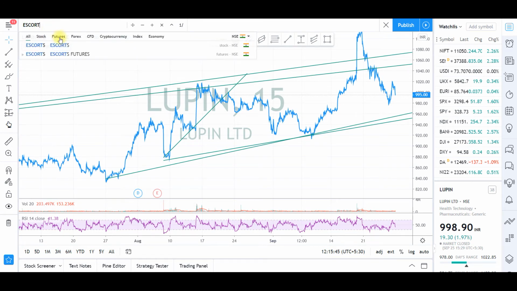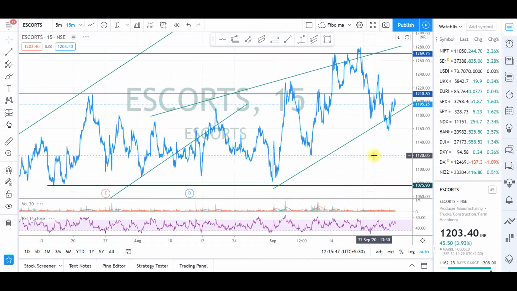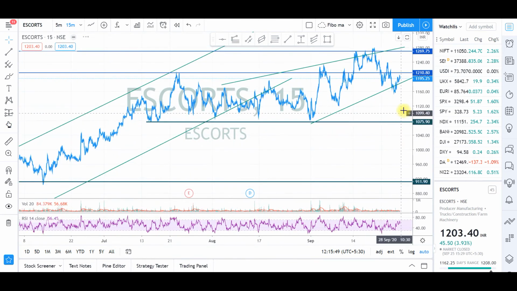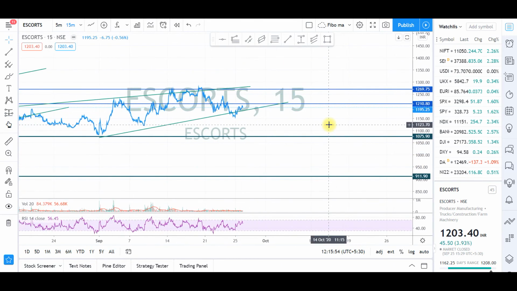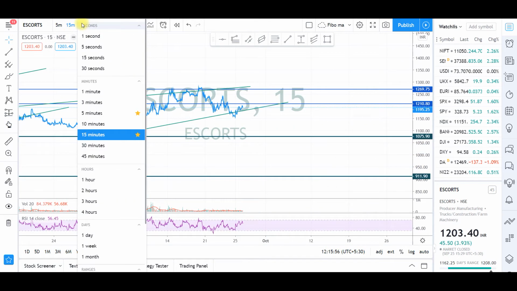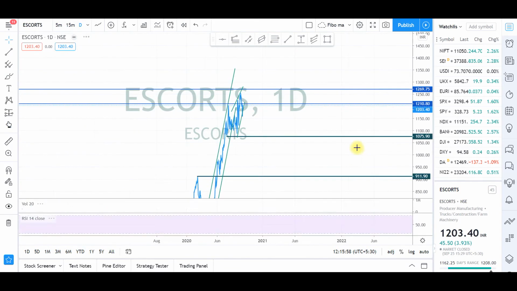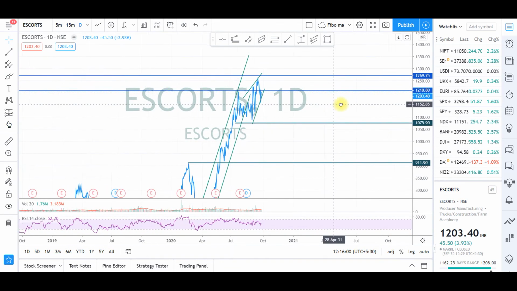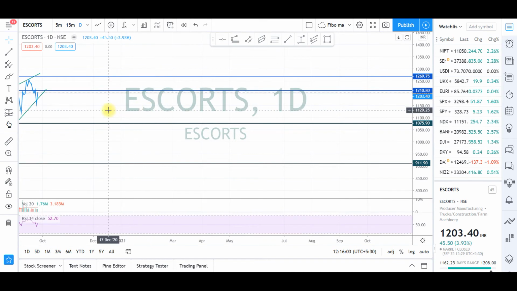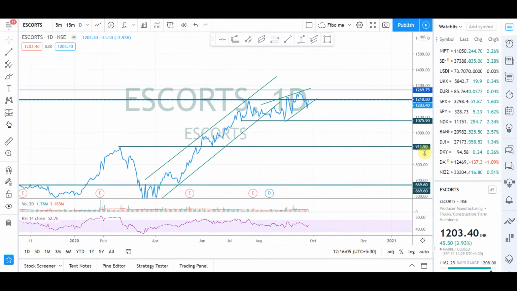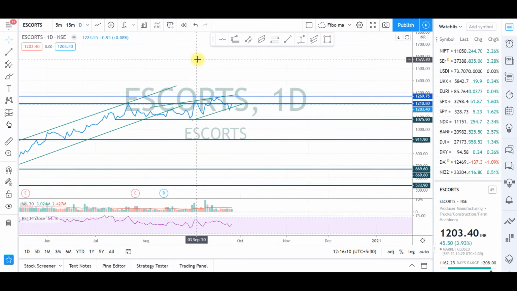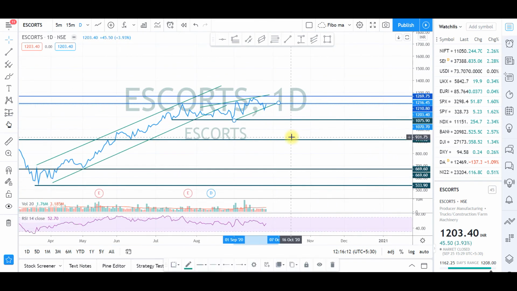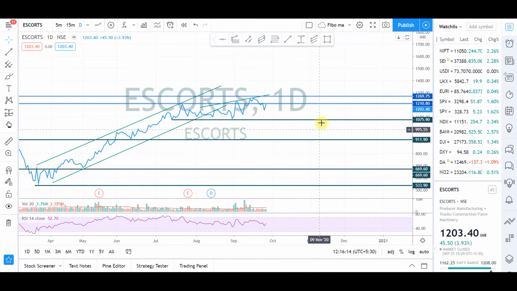You need to practice this, because it's not easy to just go there and put these things. Now you see this one part of it. First, what I'm doing is going on a 1 day chart, so that I have better clarity on what exactly is the thing on a longer term. Now here you see, this trend line is not valid here. We would put a trend line like this.